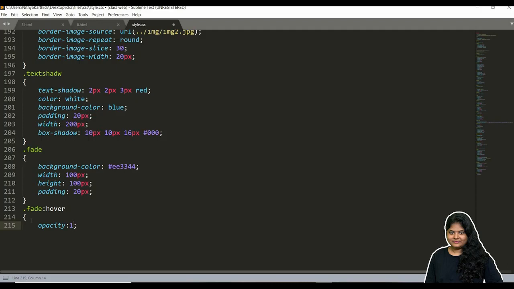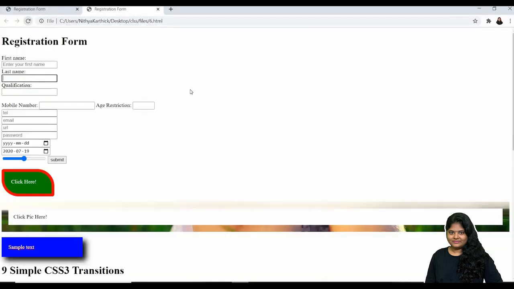Fade in means it should be bright. Normally it should be dull, I mean in low opacity, and when I hover, the opacity should be complete. So for this I'm giving opacity as 0.5. Let me see the result.